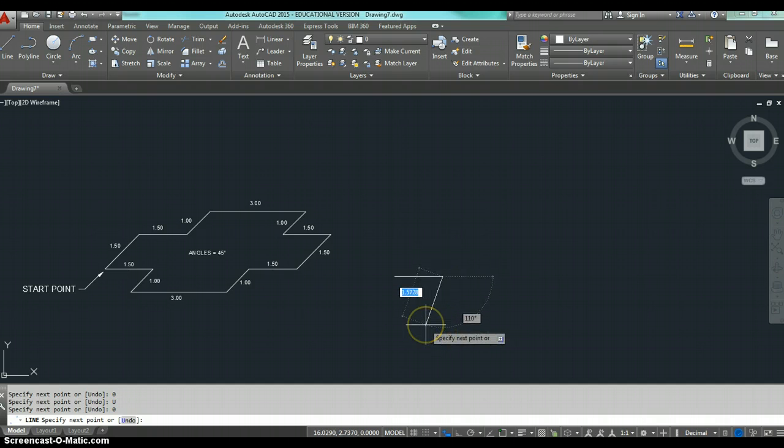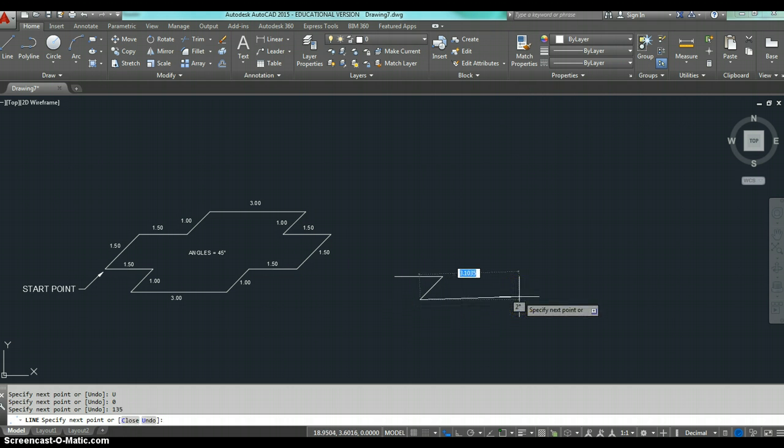Then I can move on to my next one. The key with direct distance entry is you want to put your cursor in approximately the location that you want to draw. And so my next one's going to be 1 inch long. I hit tab, and that's going to be, by using a little bit of geometry, the angle here is going to be 135 because it's going to be 90 degrees plus the 45-degree angle. So I'll type 135 and hit enter,